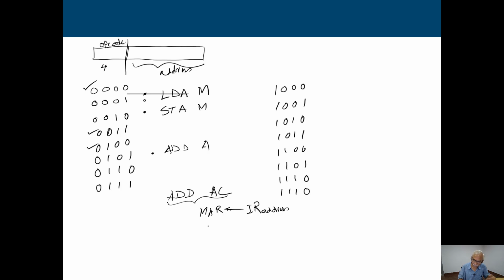We are putting it into this particular MAR, then we are going to issue the signal to read it. Okay, so after completion of the read, what will happen?